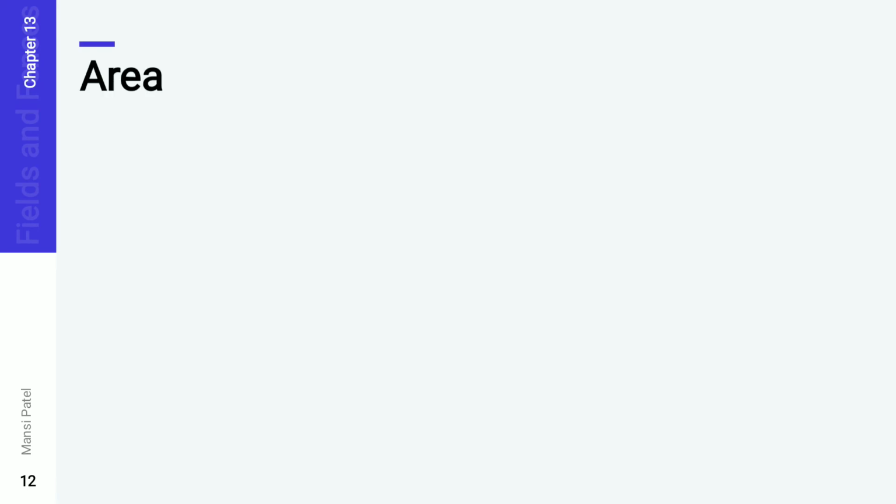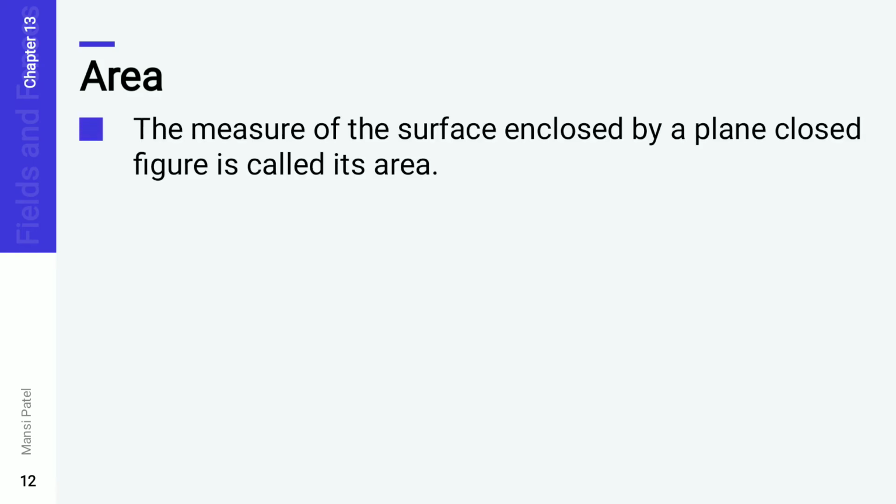Now what is the area? Now here again we are going to study one of the new topics of your chapter. We can say that the perimeter means fences. Now what is the another name of area? That is fields. The measure of the surface enclosed by a closed figure is known as its area. If you want to find out the surface of any closed figure, then to measure it, it is known as its area.